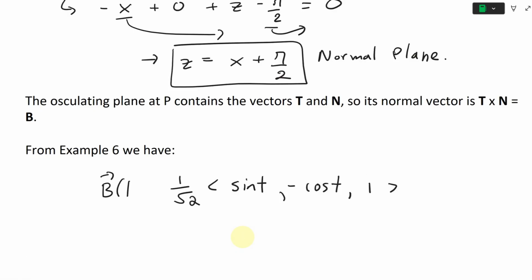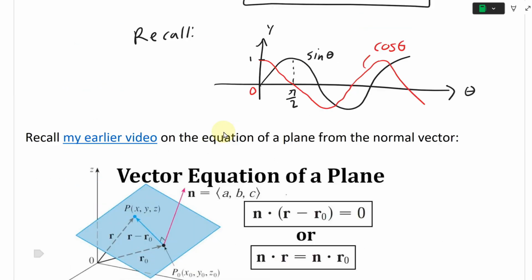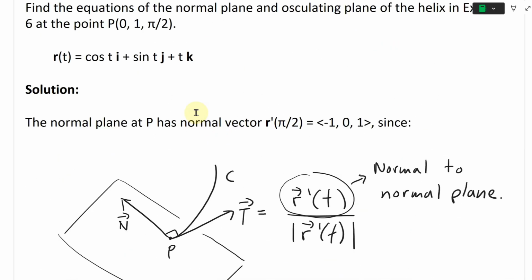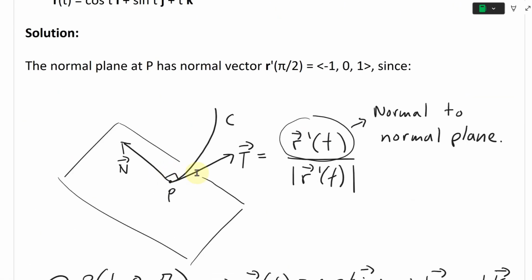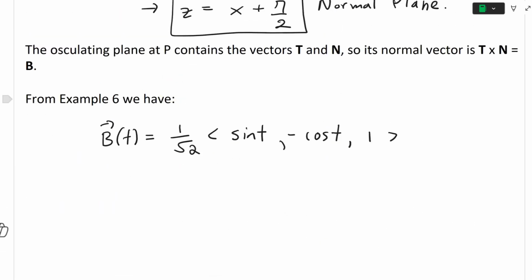Yeah, so that's the binormal vector. All right, so that's our binormal vector, but we want it at the point t equals pi over 2. So at the point P, right here, 0, 1, pi over 2, as we did above. So t equals pi over 2, so we just plug in t equal to pi over 2. So we get the binormal vector at